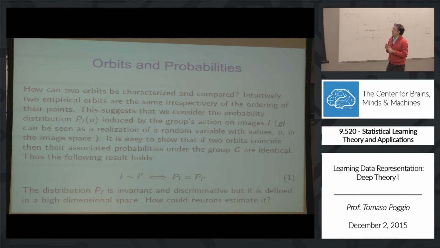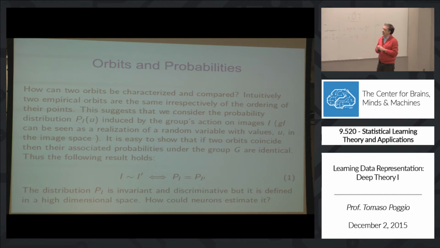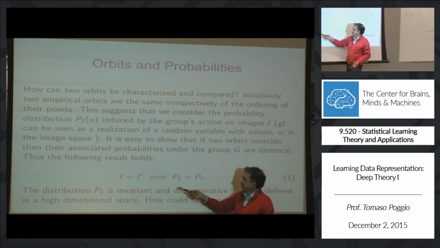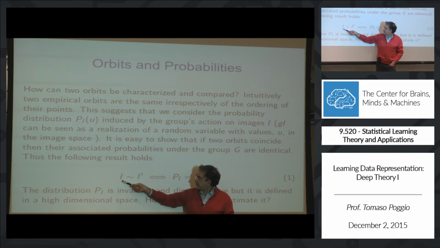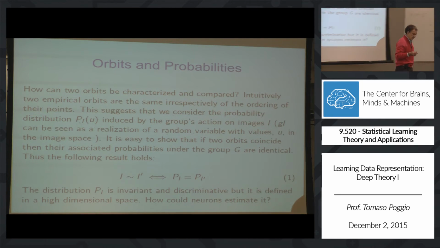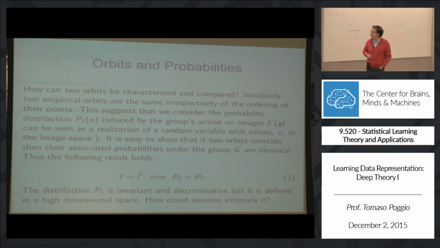So the first statement is saying that these two objects are equivalent under the rotation group. So two images of my face, which if only rotated, will qualify to be equivalent, is the same as saying that